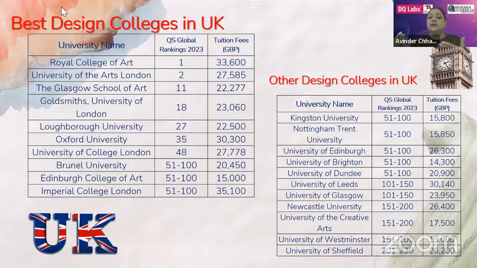But there are other design colleges which are also famous, like the Kingston University, very well known for their fashion courses and other production courses, production management courses. And then there is Nottingham Trent University. In fact, Nottingham Trent University keeps forming associations with other universities in third world countries, like in India, they have a tie-up with Pearl Academy and things like that. So their courses are accredited and world recognized also.